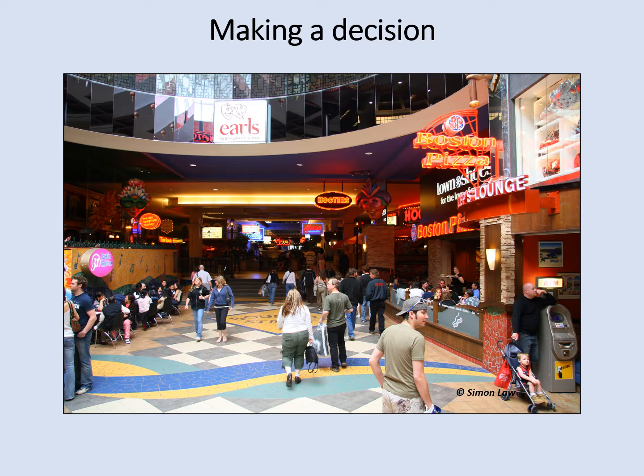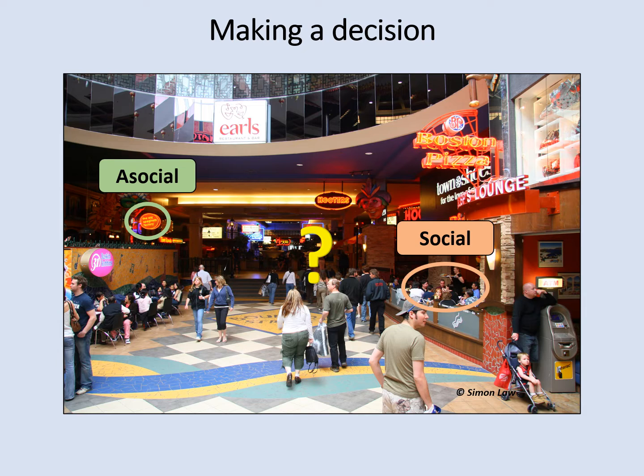Imagine you're a person at this food court in the famous West Edmonton Mall trying to decide where to get lunch from. Your decision could be influenced by other people. For example, you might be tempted to check this pizza place out because it seems to be popular with many people. Or you could see this sign saying spaghetti and try this place because you like Italian food. Basically, your decisions could be affected by both social factors, which involves other people, as well as asocial factors, which involves your likes or experiences.